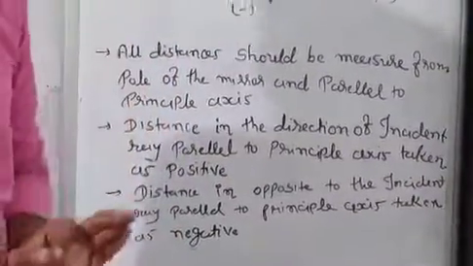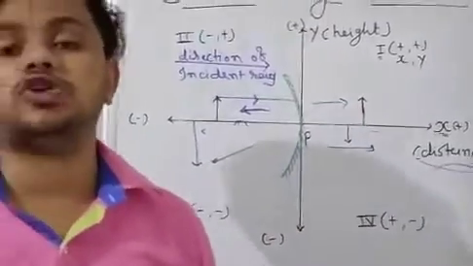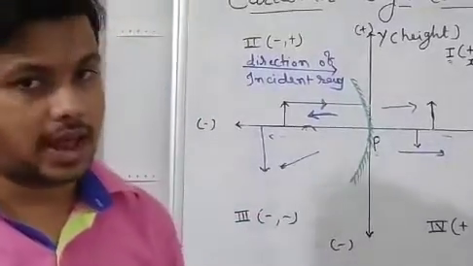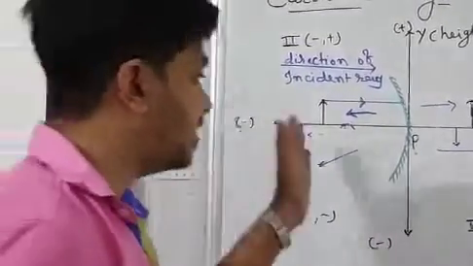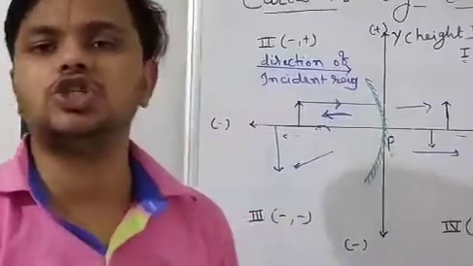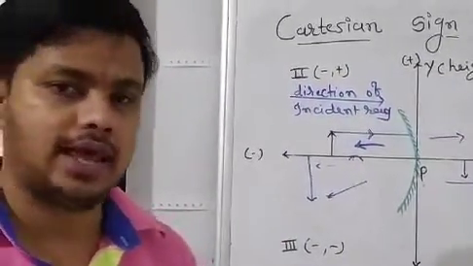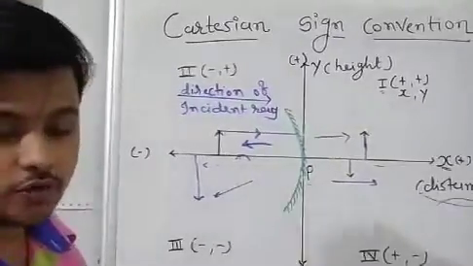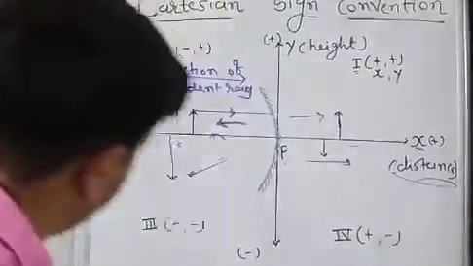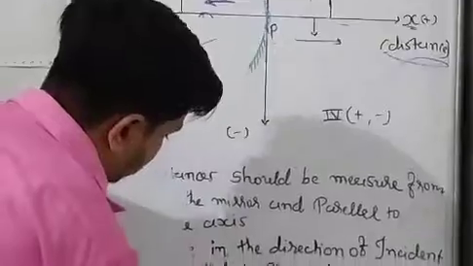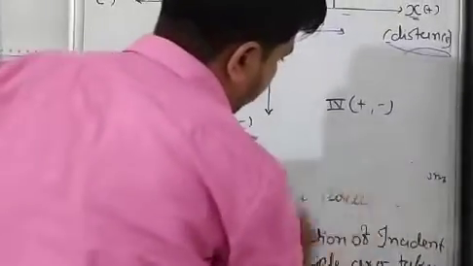Okay? And for the easy way, the object distance should always be taken as negative, and if the image is on the side where the object is situated, then you take that one as negative also. So here is the third law. The fourth one. What is the fourth one? The fourth one is that